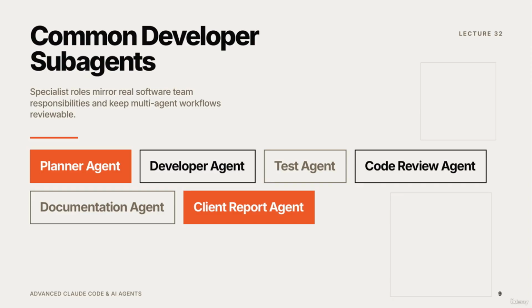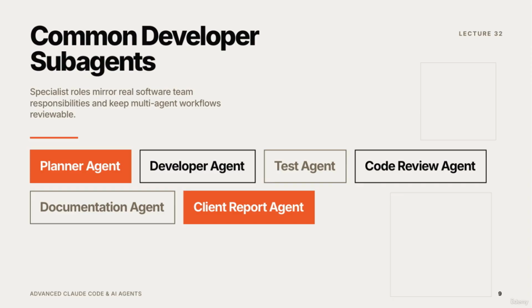agent, responsible for ensuring everything works correctly, the code review agent, who checks the quality and consistency of the code, the documentation agent, which handles all the necessary project documentation, and finally, the client report agent, who communicates progress and updates to clients. Together, these subagents form an advanced system within Claude Code and AI agents, improving collaboration and efficiency